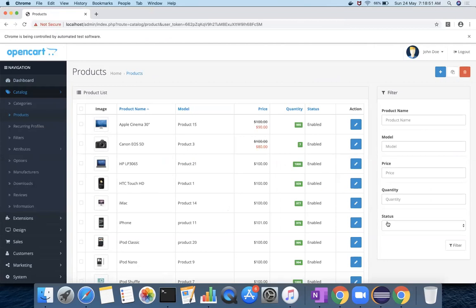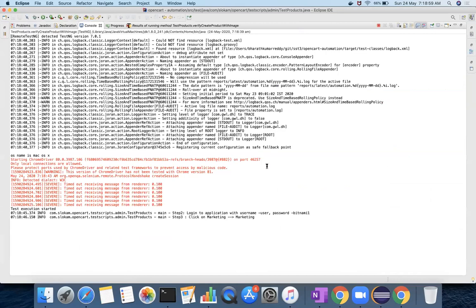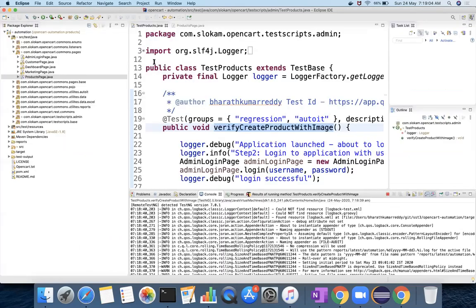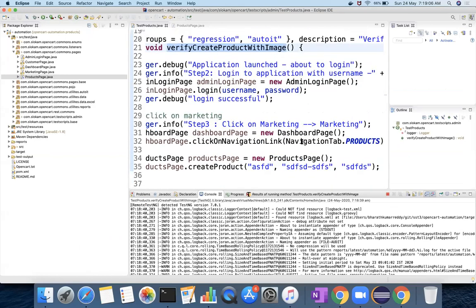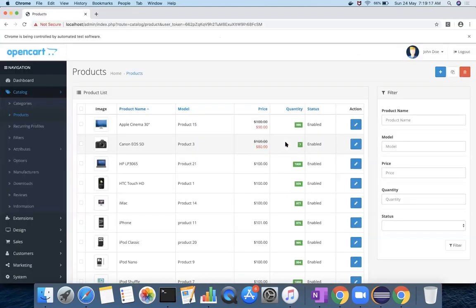You see here we have in the products, and something went wrong. Okay, so why is it clicking on marketing? You should write proper error messages there. Okay, so products has been, yeah, I should click on plus button.